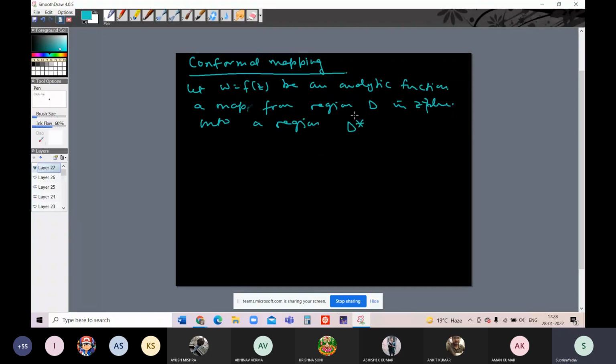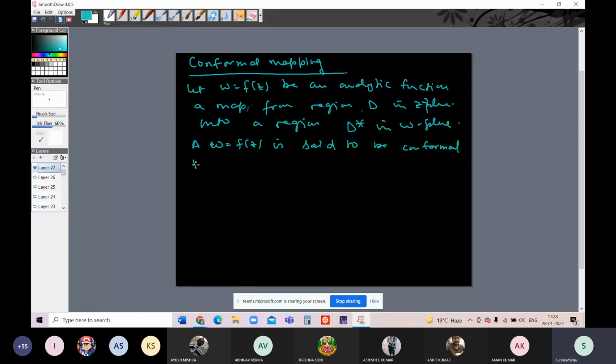D star is actually the image of this D under this map in w plane. This mapping w is equal to f(z) is said to be conformal,